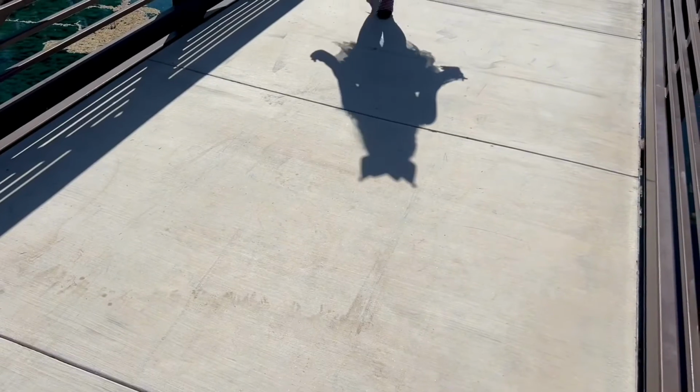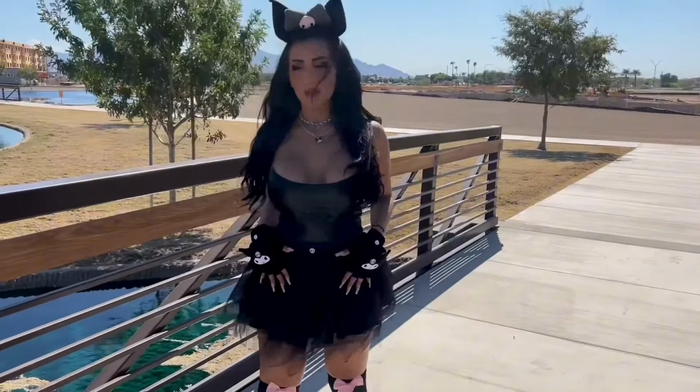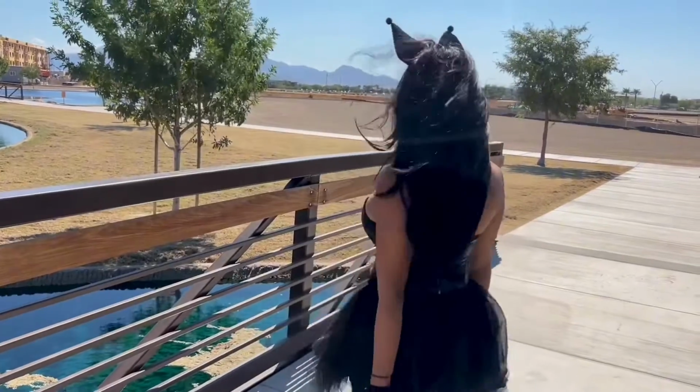Again, another look at the makeup. I'm so proud of myself. I didn't know what I was going to do coming into this, but yeah, let's go ahead and do a final reveal. I'm just going to show off, I guess at this point, the whole outfit together. So enjoy this little clip, and yeah. This is a work of